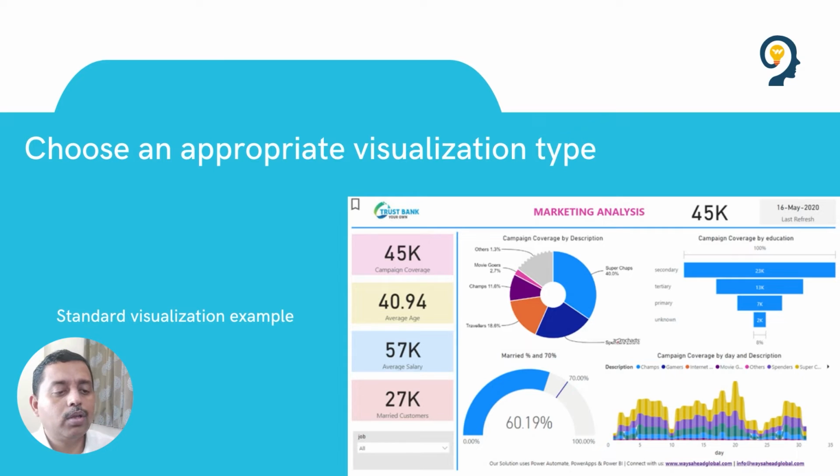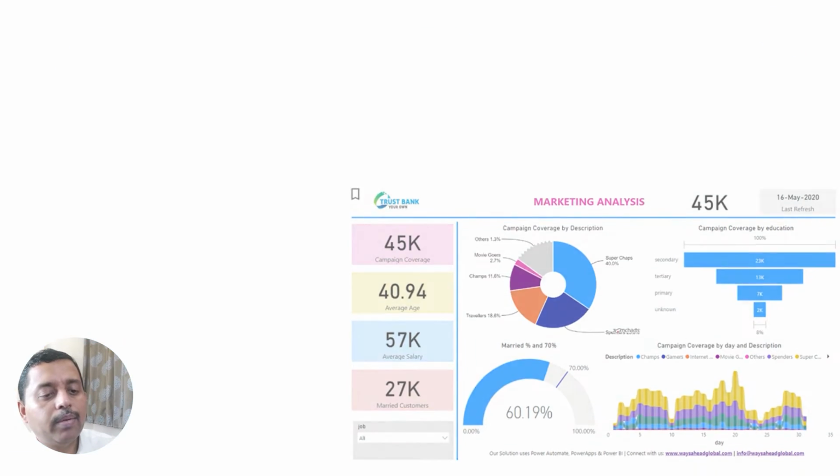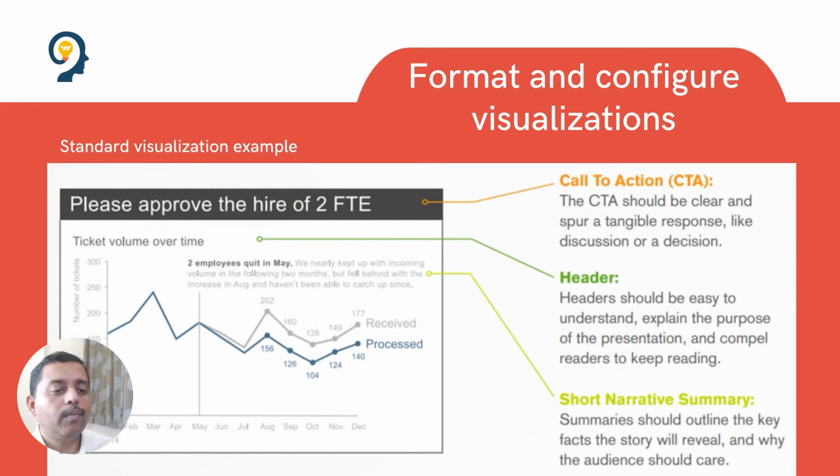There are other examples also. This is another example wherein on the left-hand side panel we have all the KPIs, then at the top we have the name, and then a filter if required on the left-hand side. It depends on the space that you have and on the spread of data you have. There could be cases where we need to think about the visualizations and configurations of the data.